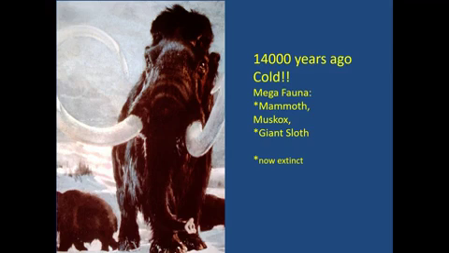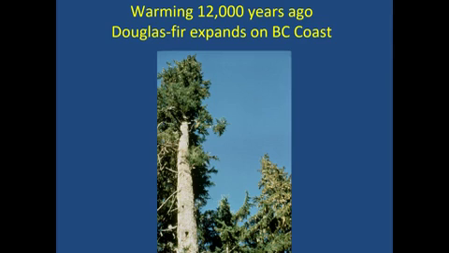But these animals, like open, wide tundra or shrub environments, rapidly disappear with the warming after 14,000 years ago. So again, the climate changes, the ecosystems change, and we see extinction. So big changes associated with major climatic changes. About 12,000 years ago, talking now on the coast, there's rapid warming, and Douglas fir expands along the coast to